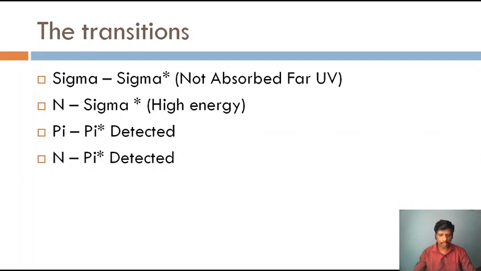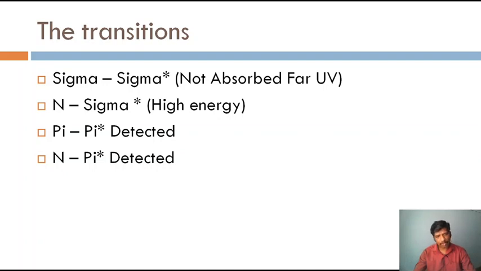And one more thing, when you study excitation below 200 nanometers, there is one more problem: air can also absorb. And therefore, when you record a spectrum, you don't know whether it is due to the compound or due to oxygen present in air. And therefore, to study the sigma to sigma star transition, you have to go for vacuum UV. There is an instrument called vacuum UV. But in organic molecules, if you want to, you can study it, because most compounds have sigma to sigma star transition, that is for sure.